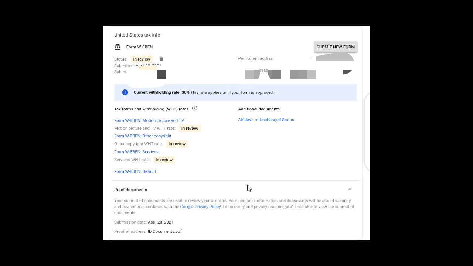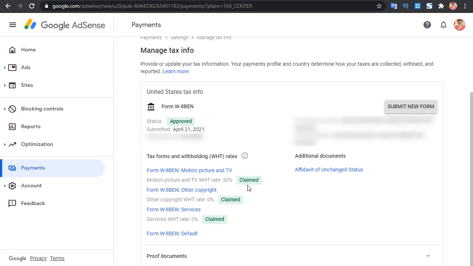So you see, in review, what you do is wait for some hours, and then they're going to send you a mail that your document has been submitted and is now under review. And then when you come to your AdSense, you'll see "In review" everywhere. Once your documents have been reviewed, you're going to see "Approved" right here, or they'll send you a mail that your documents have been approved.